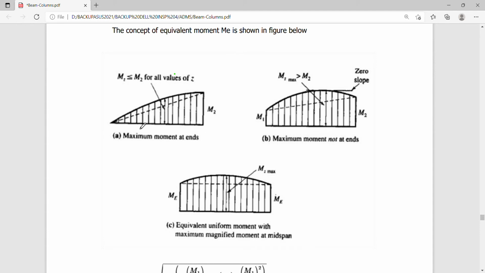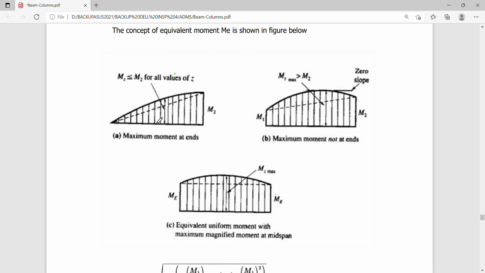So we may consider a triangular distribution of moment along the span and a trapezoidal distribution of moment along the span, upon which the main difference with this first end moment diagram and the second